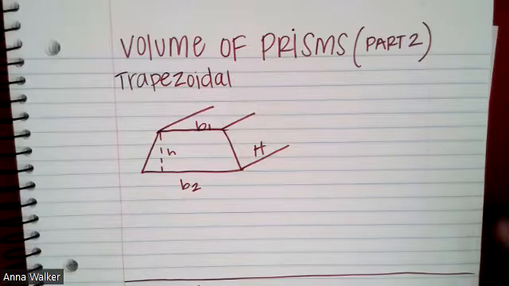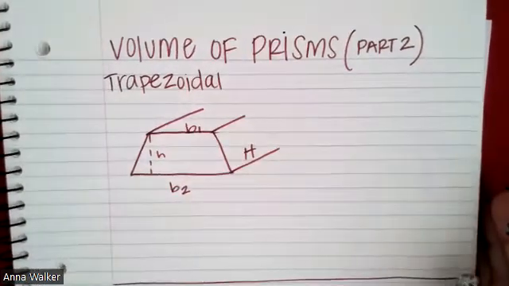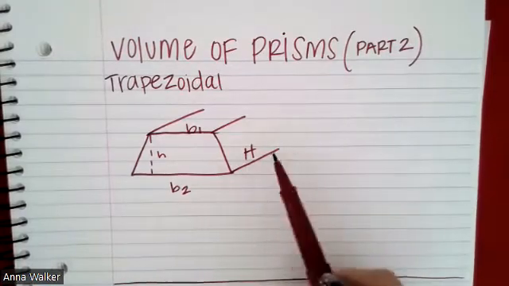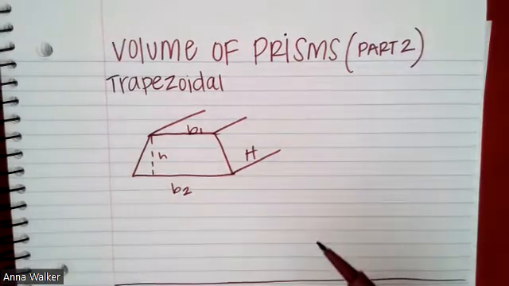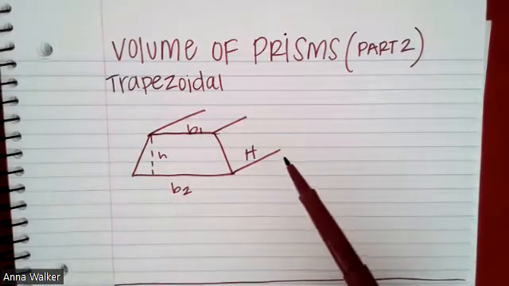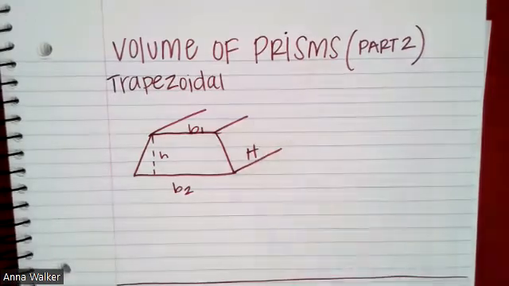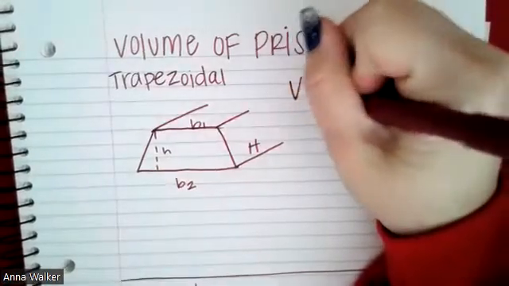And the way that we're going to find the volume is we are going to take the area of the base shape, the trapezoid, and multiply it by the height, how long, in this case, the prism is. And if this prism was standing up like it was a building, we would consider the height to be how tall is the prism. So the way we're going to find the volume, the formula is we are going to